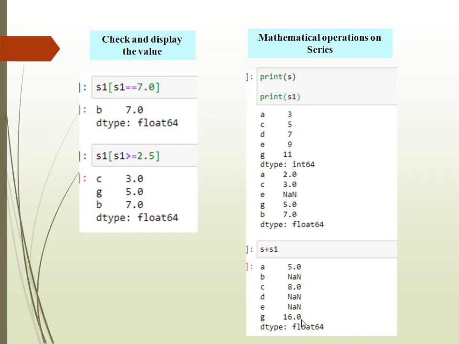So children, you have to remember this. If you want to apply a mathematical operation on series, their index numbers should be the same. They should be the same series, not different ones. If the series are different, addition is not going to happen. Clear? See, arithmetic operation is possible on objects of the same index. This I told you just now. Otherwise, it will result in NaN. Clear?